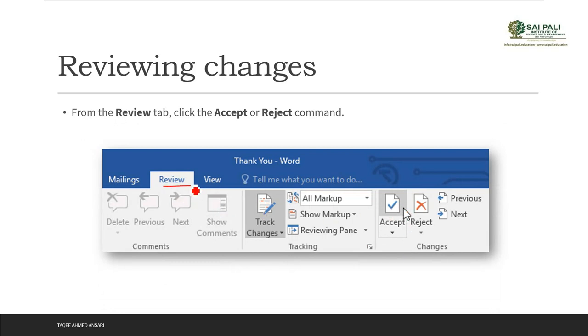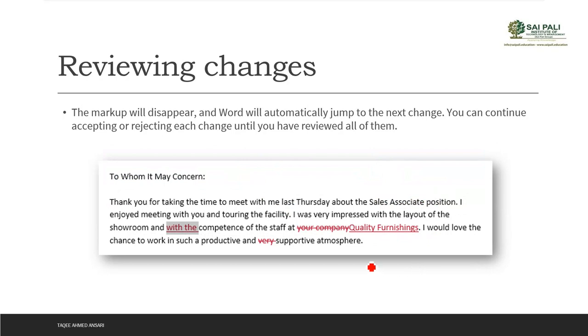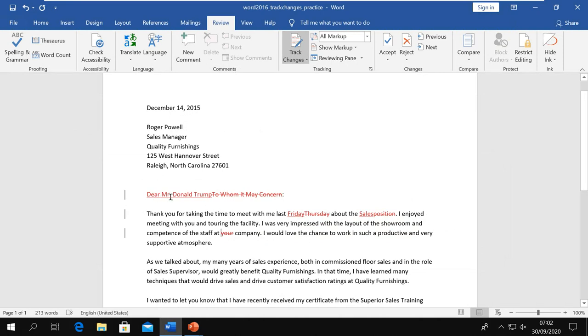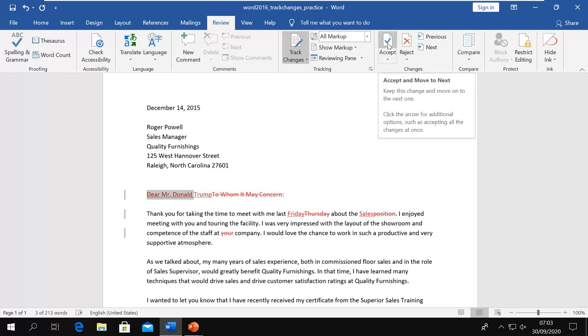In the review tab, we get this command from where we can accept, or if we do not agree, then we can reject the changes. So whatever we want, we can accept. Once you accept one change, then it goes on to the next change, and it goes on to other and other. Like I want to see this. Now first I highlight this is the first change. So do I want to accept it or not? I say okay, it is looking good. So I go here, I say accept it. I click on accept.